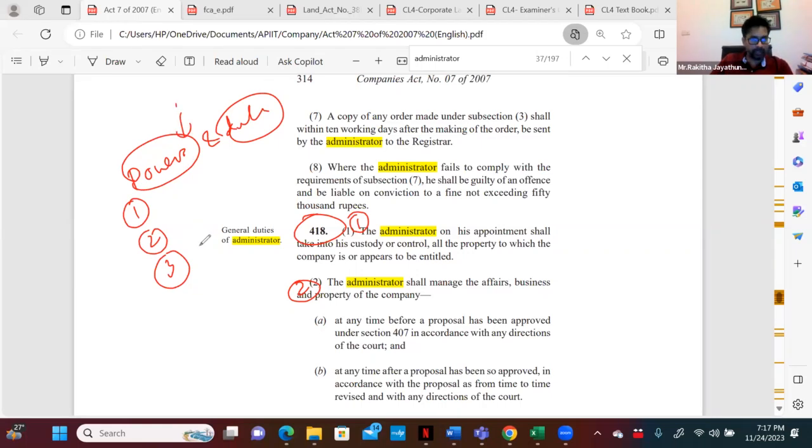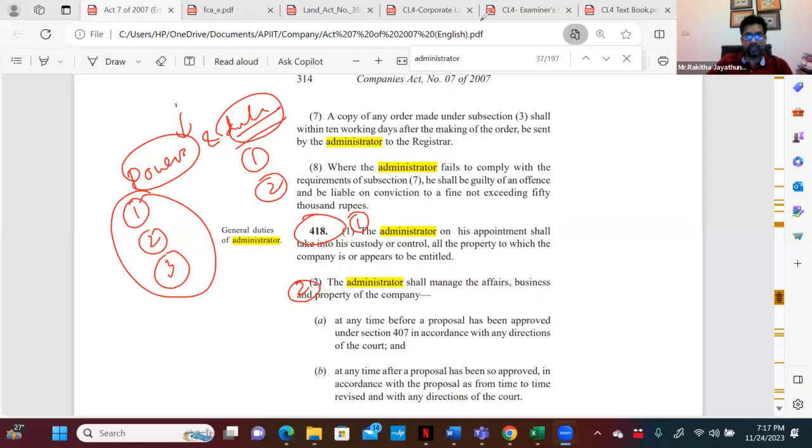What are the powers and duties of an administrator? Don't waste your time explaining who is an administrator. So there are 3 powers and there are several duties. Just mention 2 of them. That is more than enough. Now,